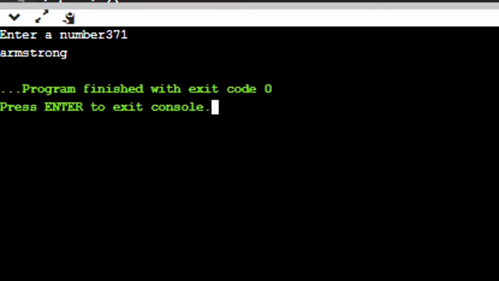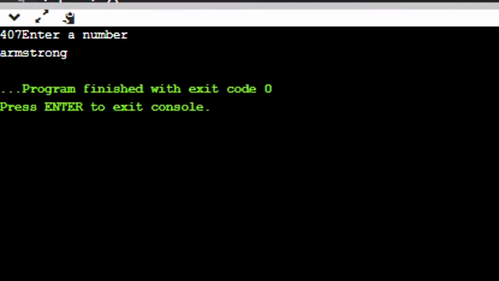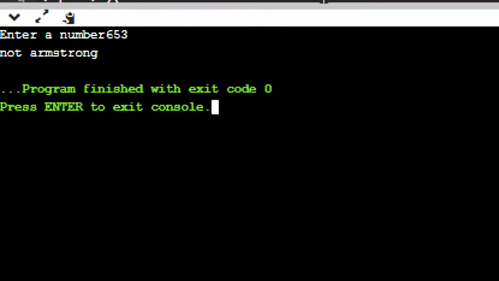Number as 371, it is again an Armstrong number. 407, it is an Armstrong number. Okay, so if you take a number as 653, I don't know, this is just a random number. Okay, it is not an Armstrong number.